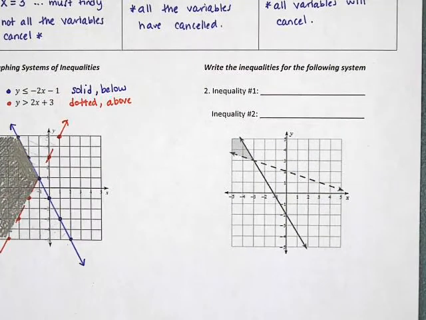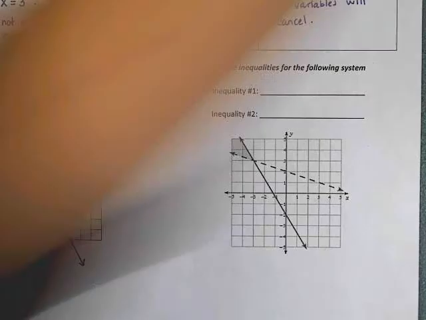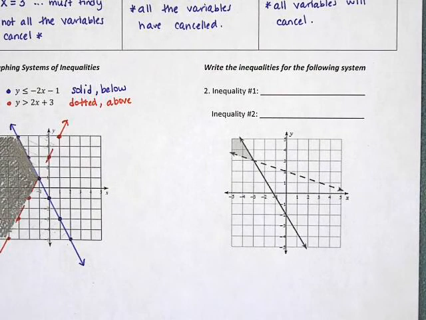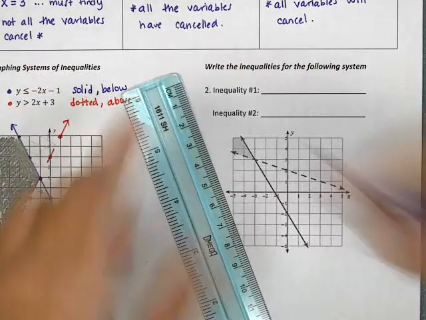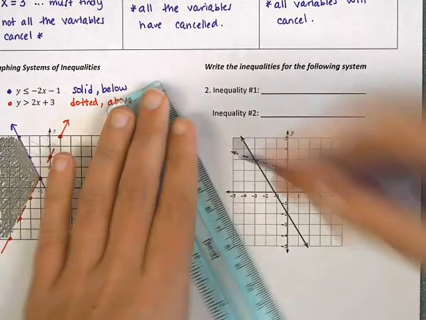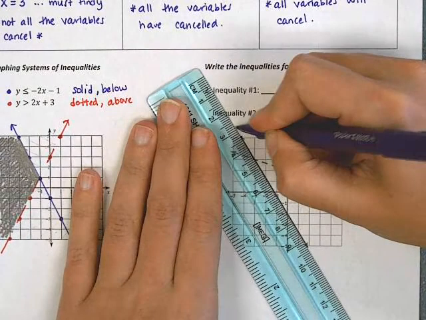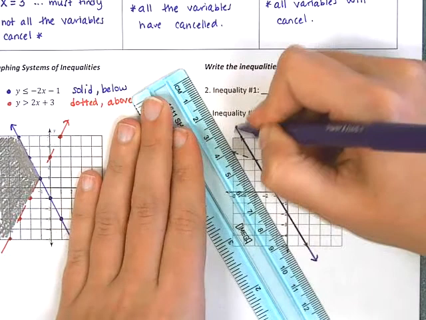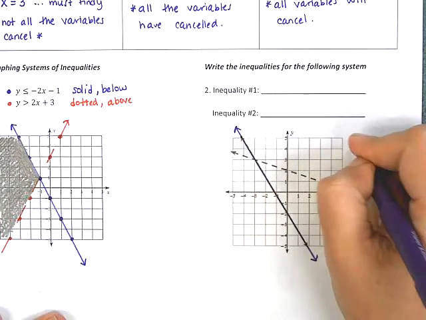Last but not least, we learned how to take a graph that was already provided to us and write out the equations or the inequalities that it came from. So to figure this out, I'm going to start with this solid line. I'm going to call that my purple line. So if I make that line purple, it's a nice solid line. The purple line,